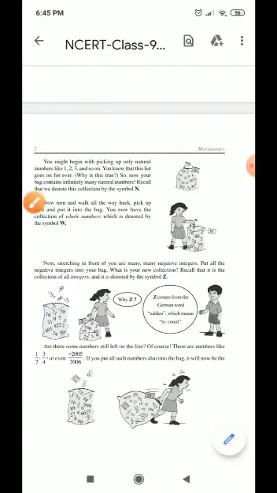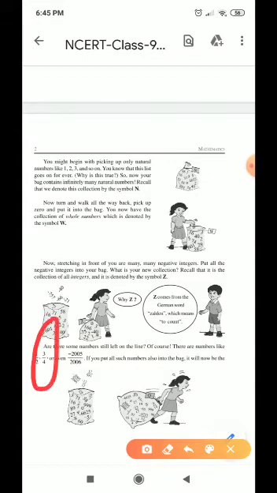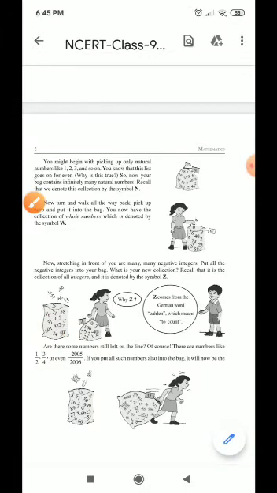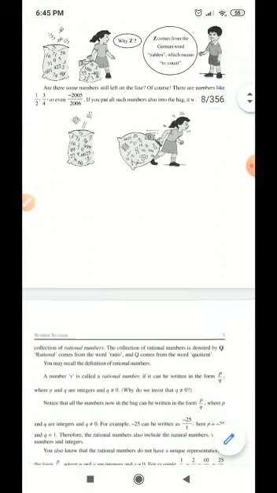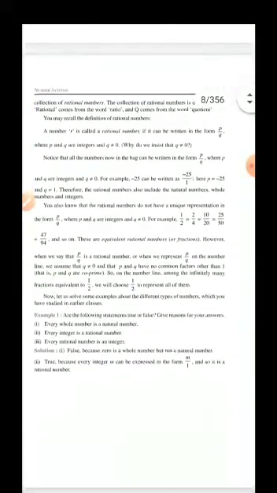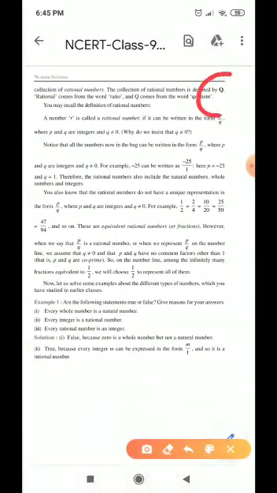Now, still we have a few numbers on the number line. Just recall numbers of this type: 3 upon 4, minus 2005 upon 2006. Yes, you are right, these are rational numbers. If we put the rational numbers in the bag, it becomes the set of rational numbers, which is denoted by capital Q.